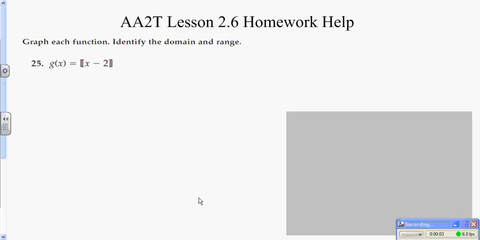This is the lesson 2.6 homework help video. There are some tough topics in this lesson, so I picked a couple out. First of all, the floor function